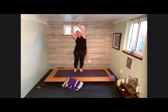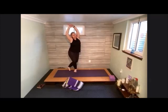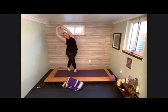We're going to hold onto the wrist, bring it over to the left side. Then we're going to put weight into that left foot and cross the right ankle over to the left side. So now we're bringing the foot over to the left side and we're having this little clasp of the hand, little gentle tug, some traction over to left side. Feel the stretch all the way down that side body. Maybe feeling it into the psoas and feeling it into that hip flexor and maybe into the IT band a